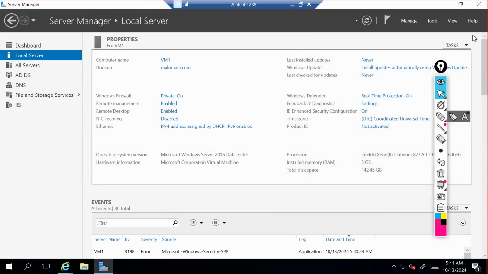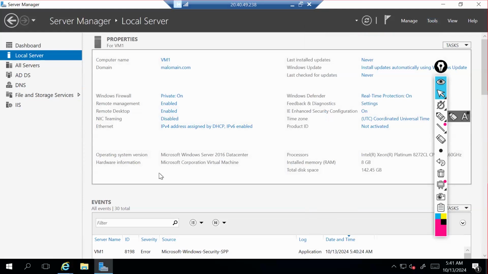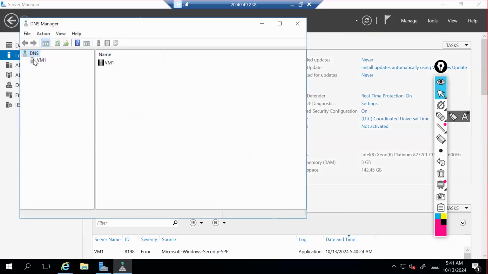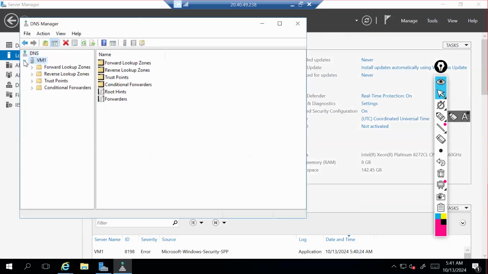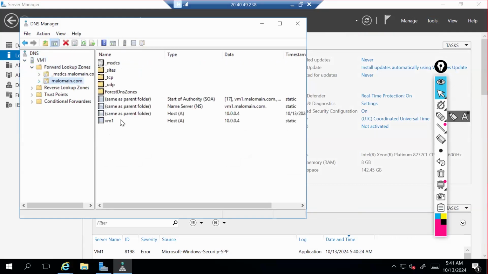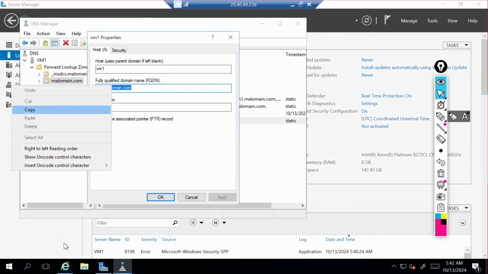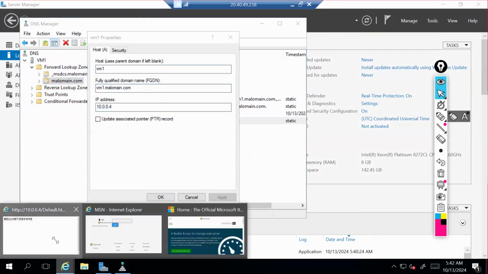If I show you here, the DNS tools, go in a DNS, go in a VM, go in a forward DNS lookup. This is malumain.com, right? A record got created. See there, an A record got created on this VM1, malumain.com resolving to this IP. This is an A record. If I take this FQDN here, copy this FQDN, and paste it here,